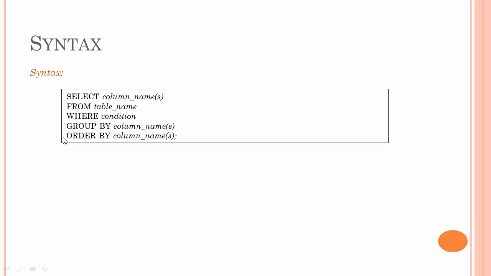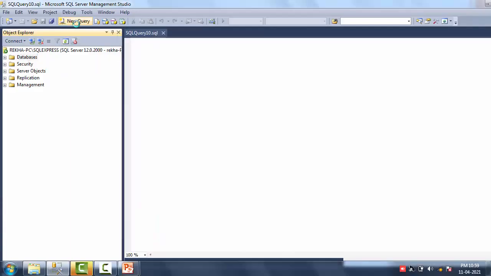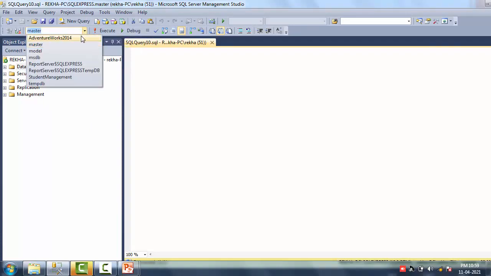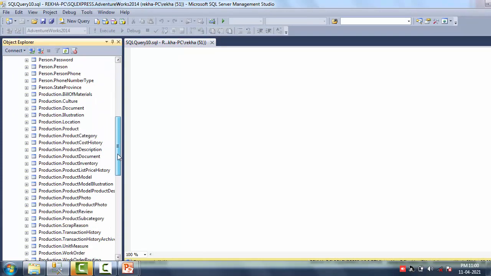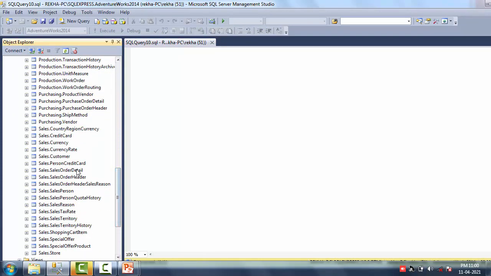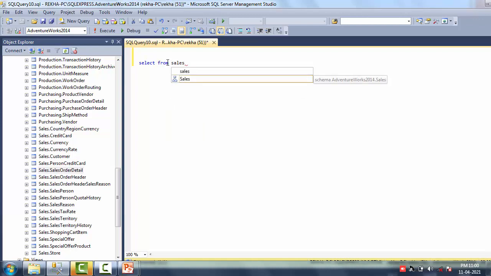So let's see how can we use group by in SQL Server. So let's open the query editor and select database. Now inside this we have one table sales.SalesOrderDetail. So we will use this table for group by. So here select, from sales.SalesOrderDetail, and here we will write the columns name